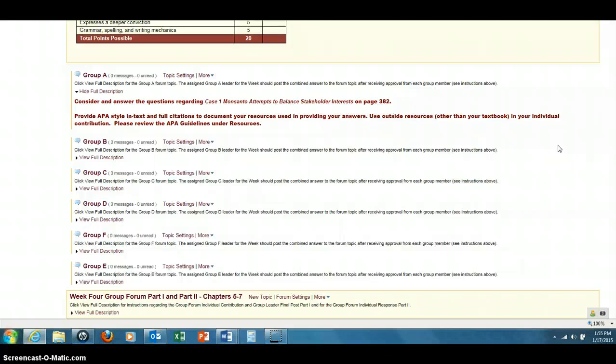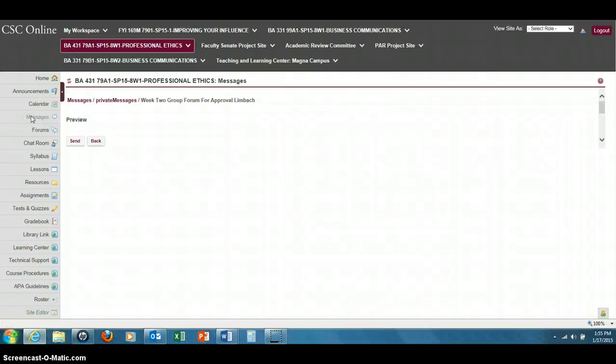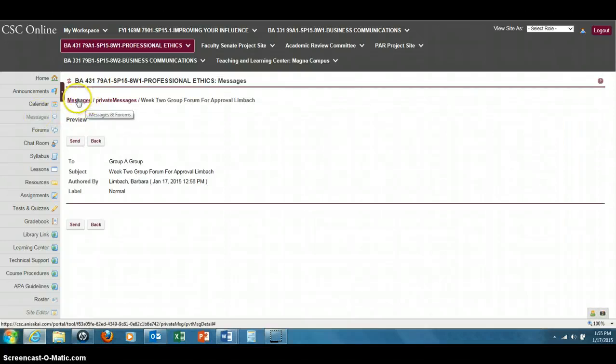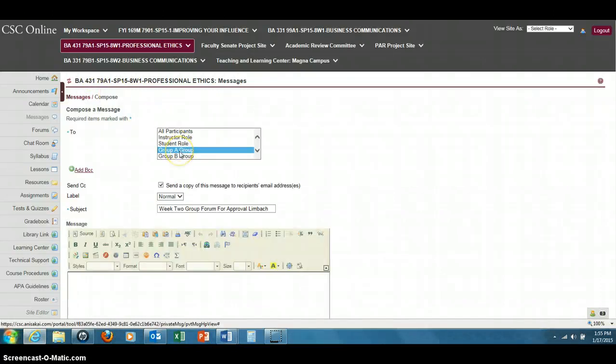Once you have your document created, remembering to include an outside resource, an APA formatted in-text and full citations, click on Messages, Compose Message, and then click on the appropriate group, whether you are in group A, group B, group C, or whichever group. You will click on the group you have been assigned, then